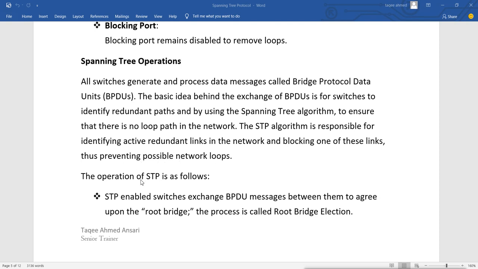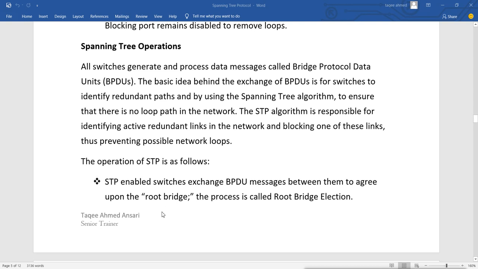So the operation of STP is as follows. First, what will it do? STP enabled switches exchange BPDU messages between them to agree upon the root bridge. The process is called root bridge election. So first they select the root bridge. Then